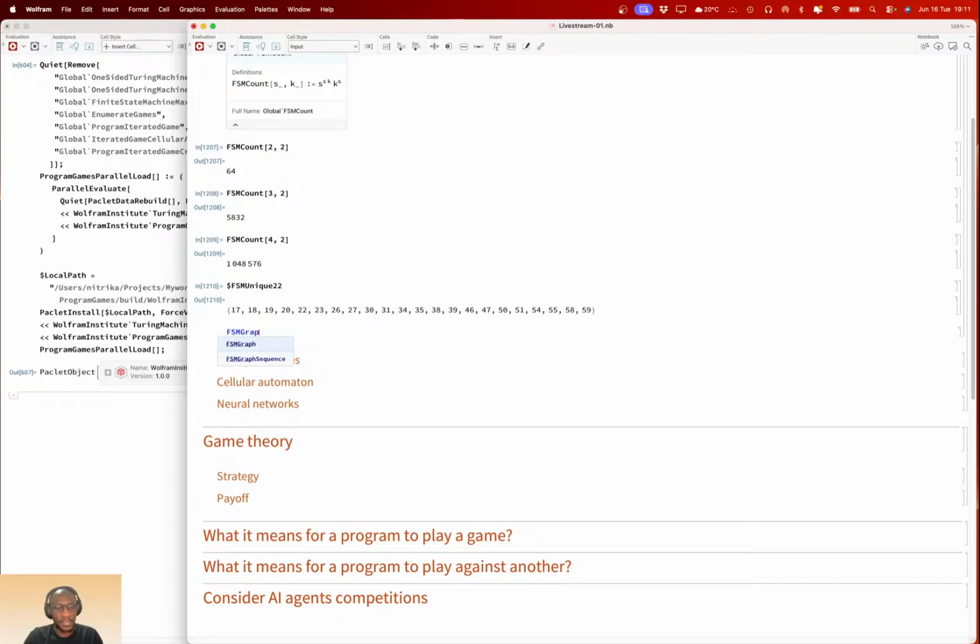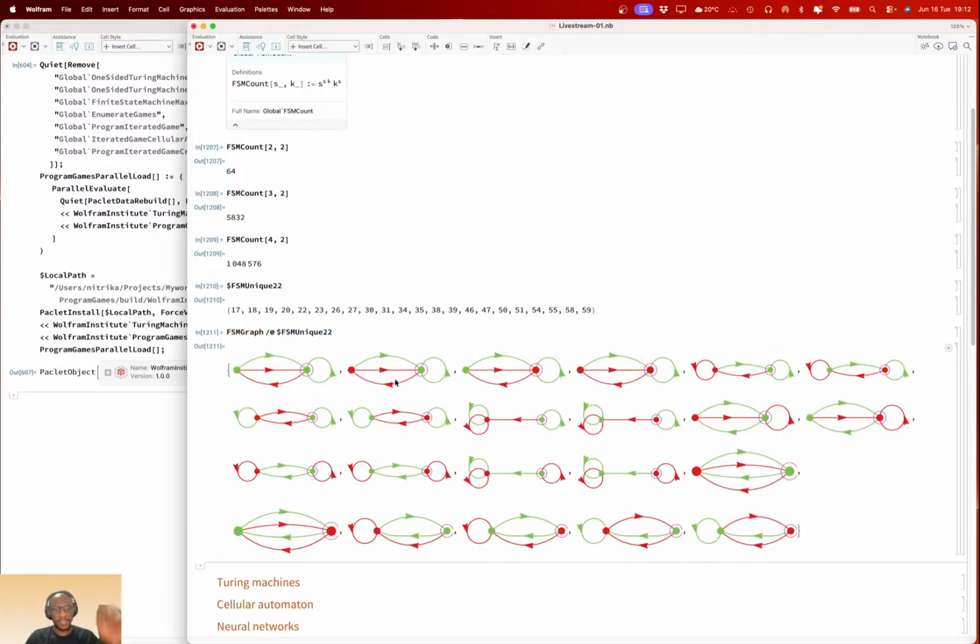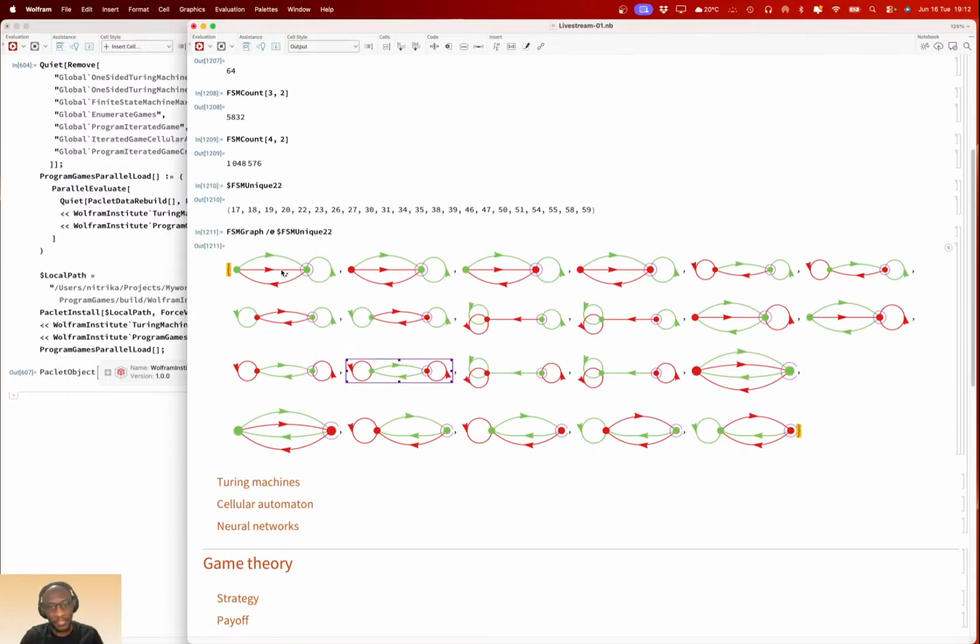If I visualize these, we'll see how they look.